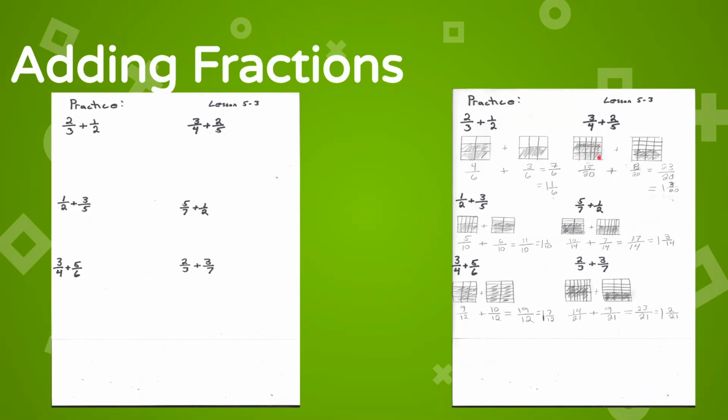So once we've drawn our 3/4, we use 5 lines. We divide it into 5 sections with 4 lines, 1, 2, 3, 4. And we now have 20 squares. 15 are shaded. And when we look at the other side, we